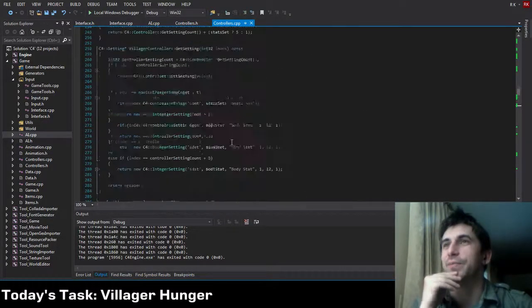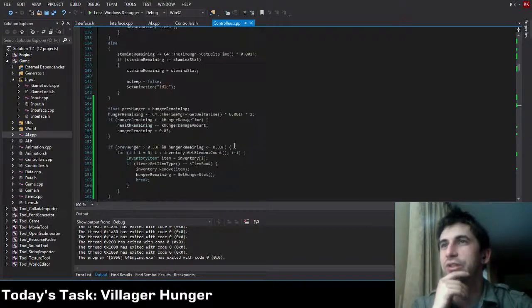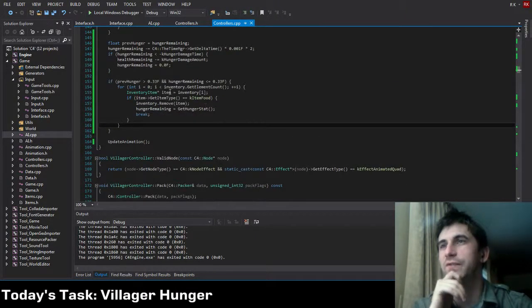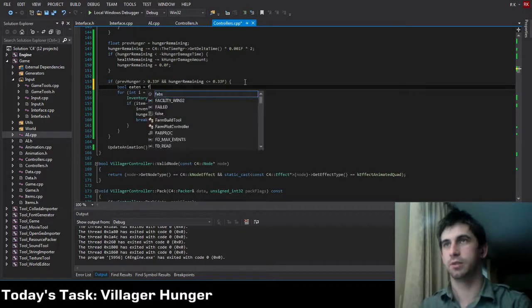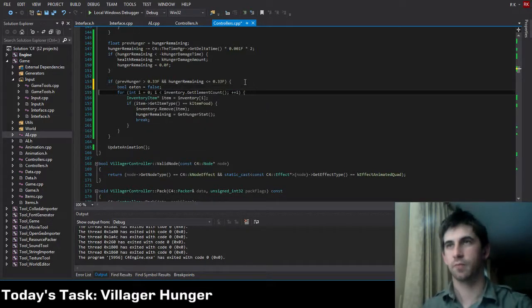Okay, so let's get other folks who exist. Let's see. So we have to add a boolean here, eaten is false. We're going to say